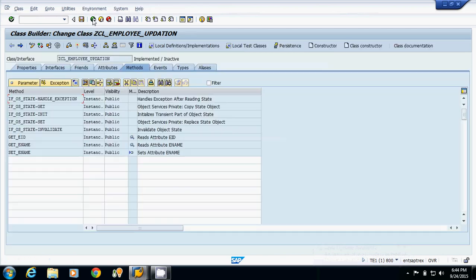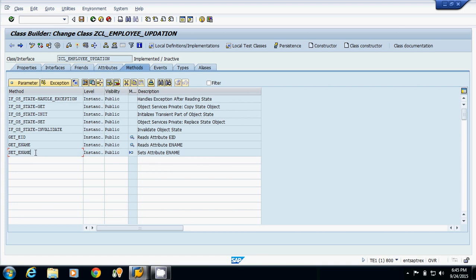Back. Now see, we have generated the persistence for this table Z employee underscore 27. Previously we had only these methods available, 1, 2, 3, 4, 5. Now that I have passed the table, we have 3 more methods: get underscore employee ID, get underscore employee name, and set underscore employee name.